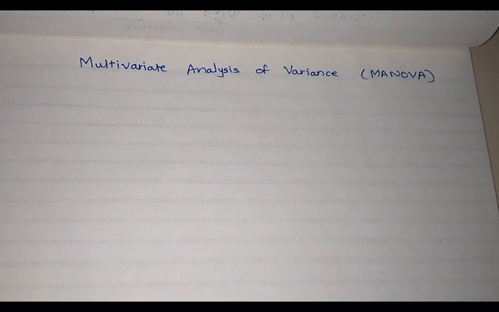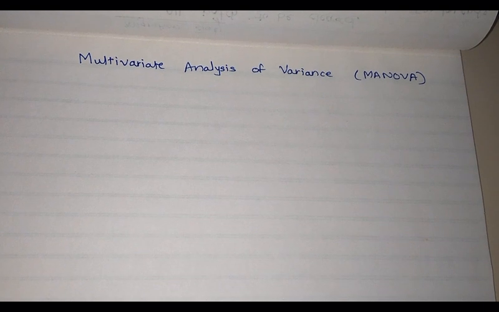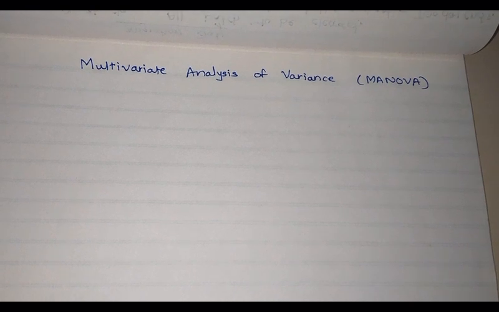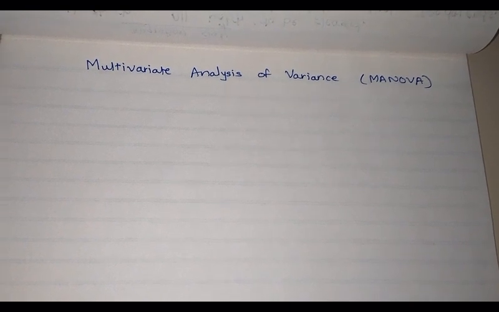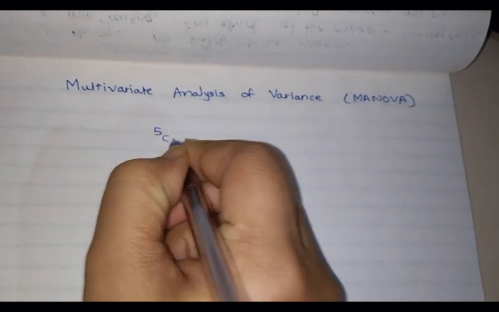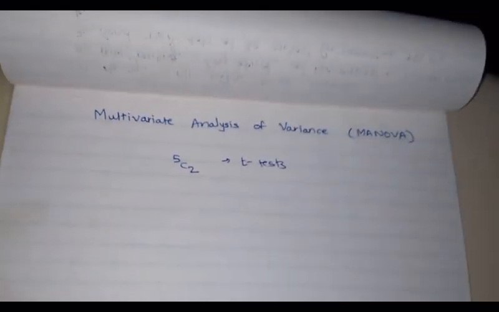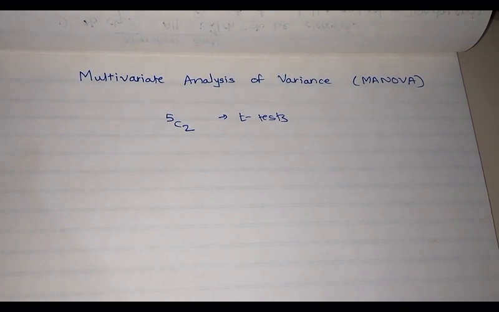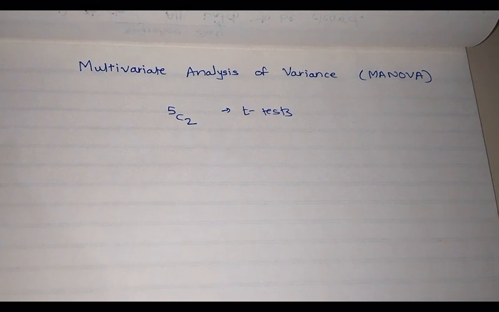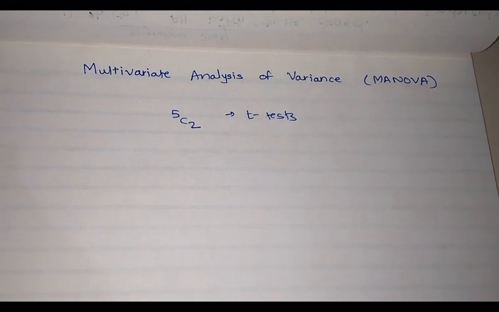Now actually there is one possibility. Suppose I have, say, 5 populations and I want to compare the means of those 5 populations. One possibility is I could conduct a t-test for every pair out of these 5 populations. So in that case I would have 5 choose 2 pairs, so I can conduct 5 choose 2 t-tests. And if some of them get rejected, then I'll come to know that yes, not all of them have the same mean. But generally we don't do that. We go for ANOVA. What is the reason behind this?